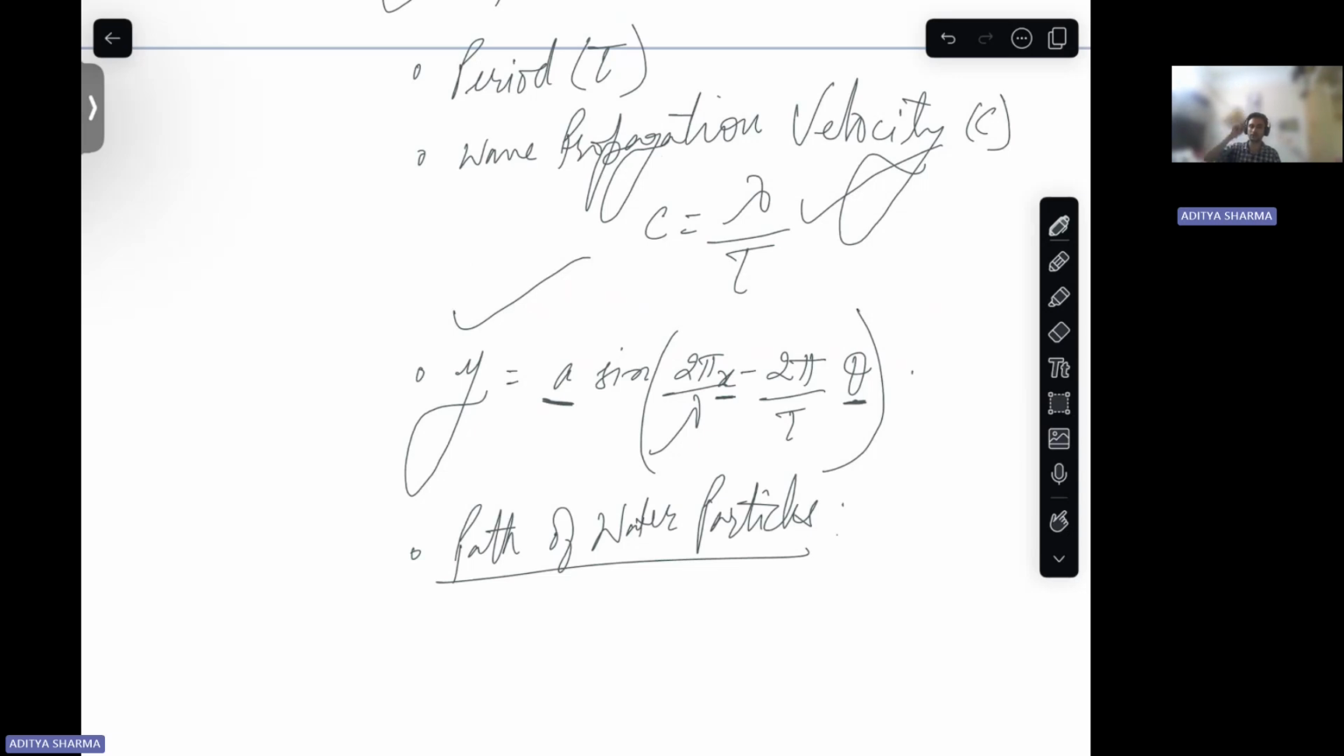Ideally, this should go like this, right? But what happens to the water particle? It basically follows an elliptical path as the wave passes through it, right? So for this elliptical path, we have